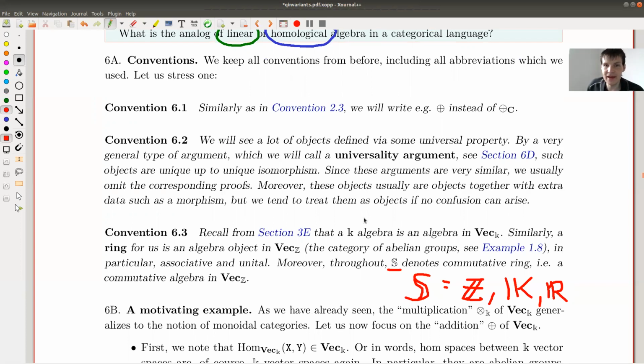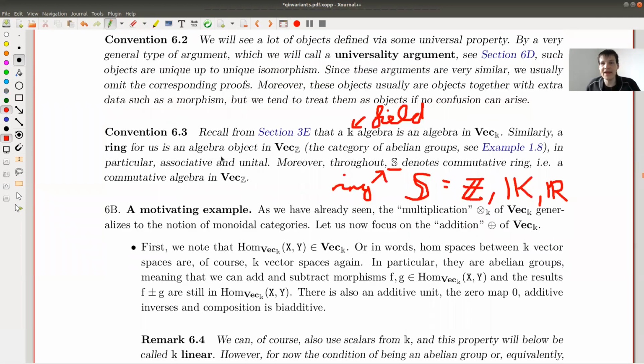And K usually is a field. So this is a field, and this is a ring. It's slightly weird notation for a ring, but bold R is already taken by the real numbers. The best approximation to R is S, if you want. Anyway, S and K will be rings and fields. You can think of integers or whatever you like. Usually it is not of huge importance.